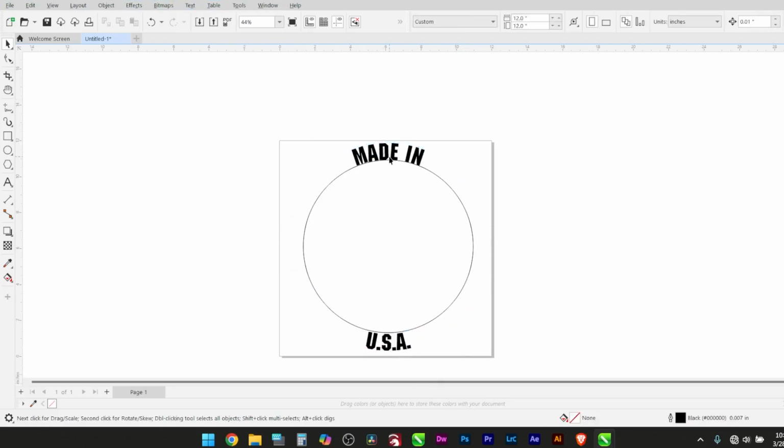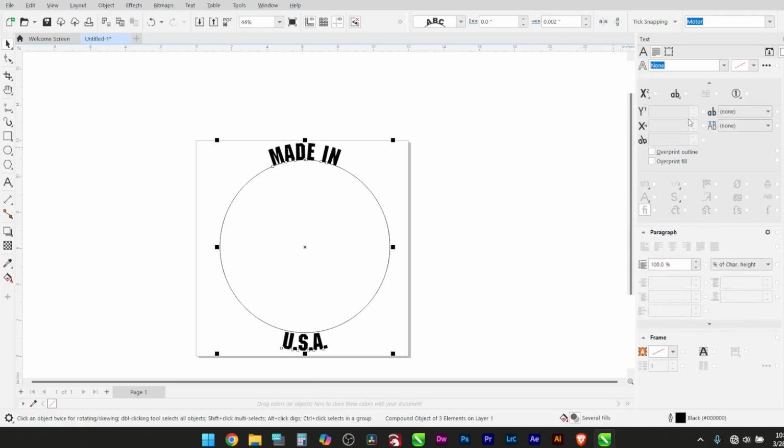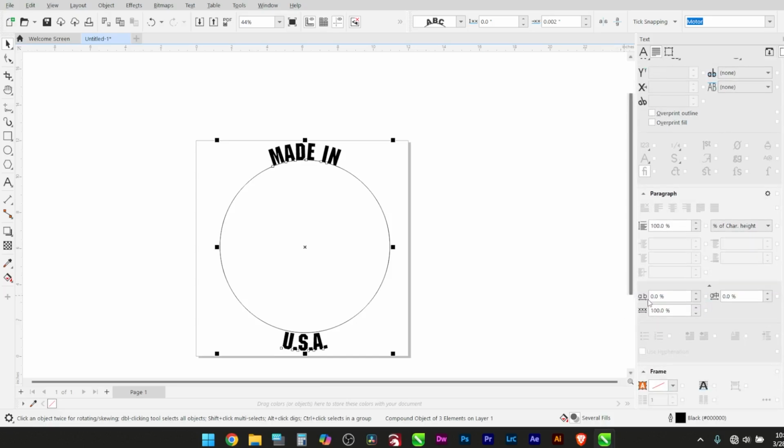Now sometimes the letters will be too close to each other and you want to fix that. You could always click on the text, hit Control T to bring up the text docker. On the text docker, scroll down past paragraph, and there's this little arrow here. It doesn't have a title, but click on it and you'll see that it shows A, B, and the spacing between them. You just keep clicking right here and you'll see how everything's spreading out